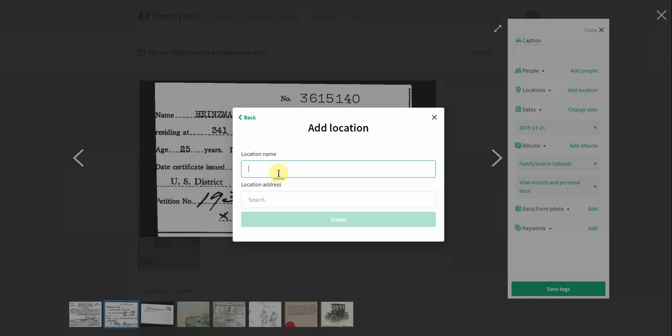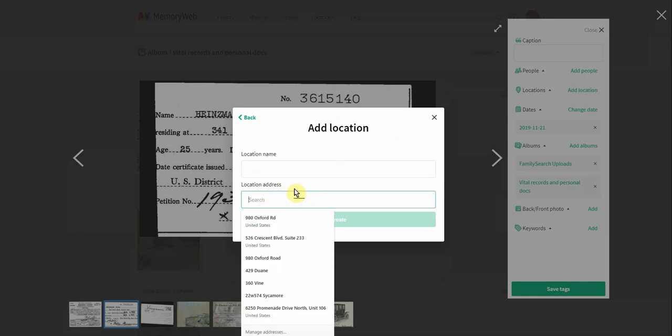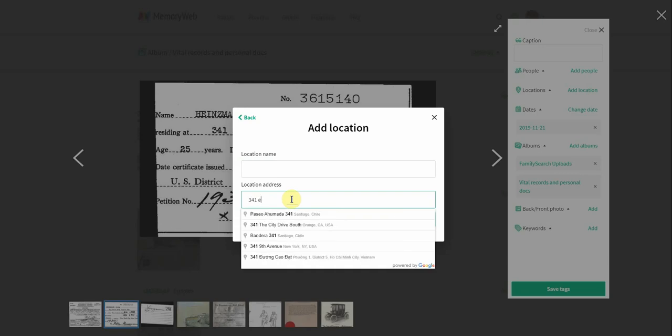And we have a couple of options here. You can go in here and you can search inside the search bar here. We're hooked up to Google Maps, so the really great and convenient thing is as you start typing, suggested locations are going to start populating for you. So let's go ahead and do that. I know the address is 341 East 85th, and that's in New York. And you can see right here, I have that as my top option, and I'm going to go ahead and